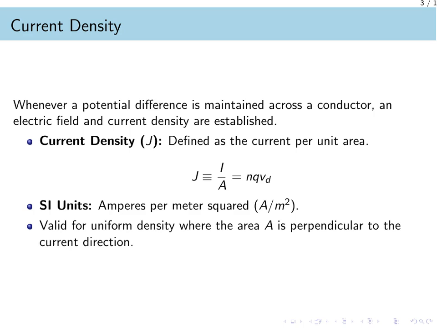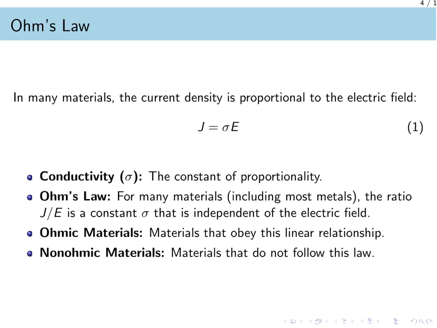It is important to remember that this specific relationship is valid only when the current density is uniform and the cross-sectional area is strictly perpendicular to the direction of the current flow. In many materials, the current density is directly proportional to the applied electric field. We write this as J equals sigma times E, where sigma is the constant of proportionality known as the conductivity